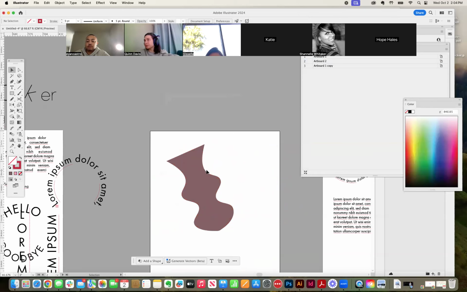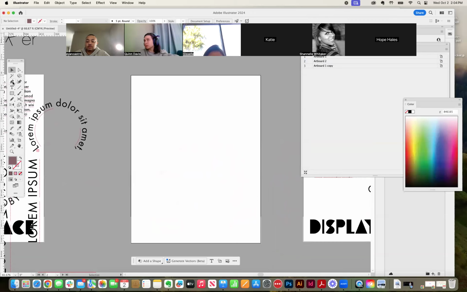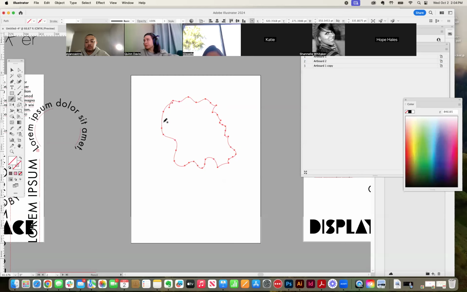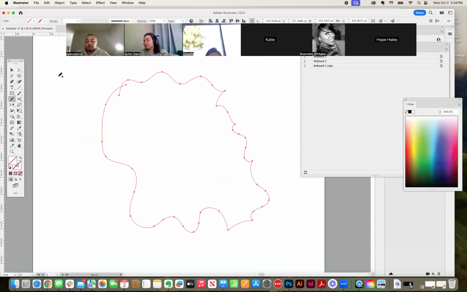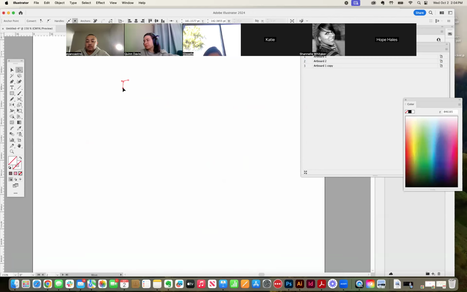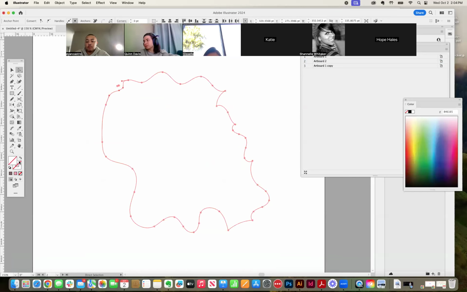And so I'm thinking about your whole drawing, and I'm going to use the pencil tool just to kind of show it. You have a drawing of hair, which I love, and I love where it's going, but you're going to want to maybe create a whole shape of the head so that you can fill it with a color. And right now, this is just a line. You have to create shapes to fill. So Command J. Now I have a shape that I can fill,